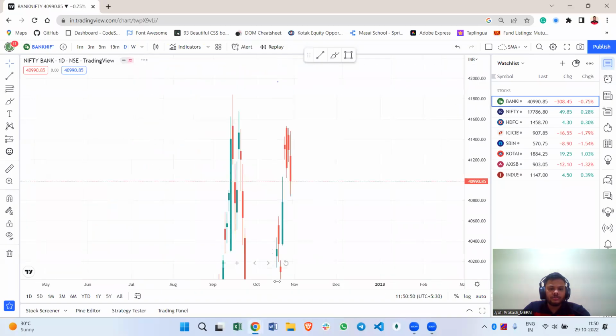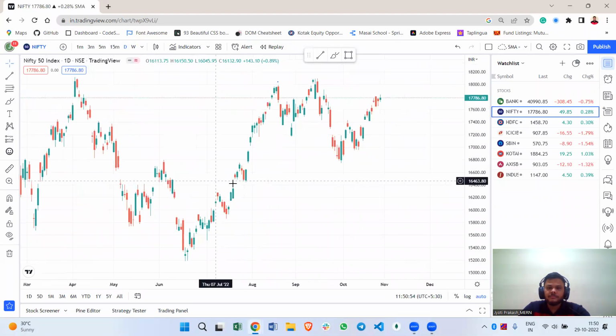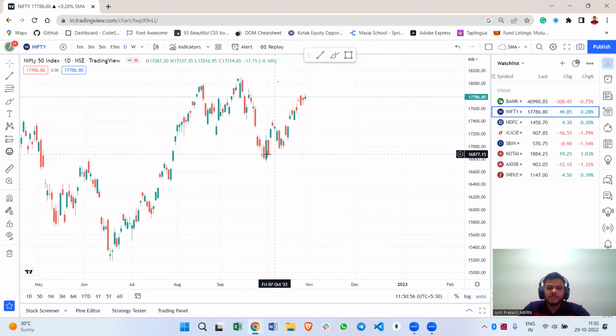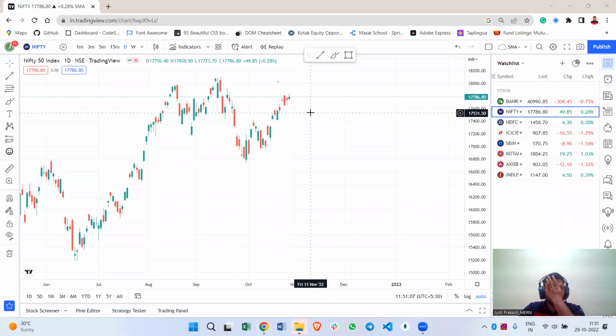Now let's look into the Nifty weekly candle. Here you can see that the Nifty weekly candle shows some positive movement. It opened flat, or you can assume it opened gap down, and after that it continued to go up, and it made a high of 17,840. But it now closes around